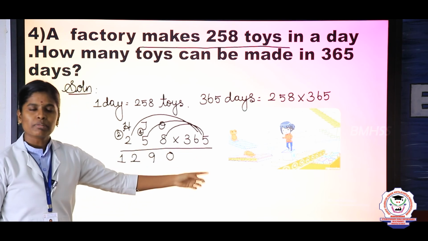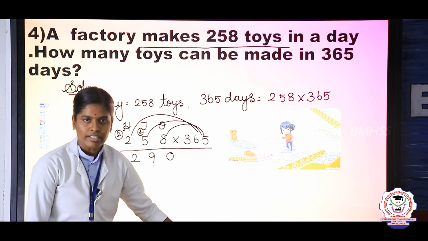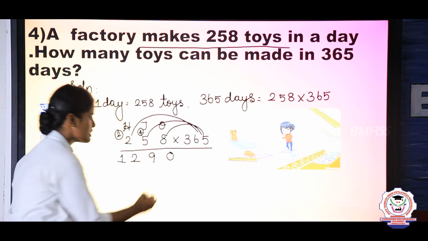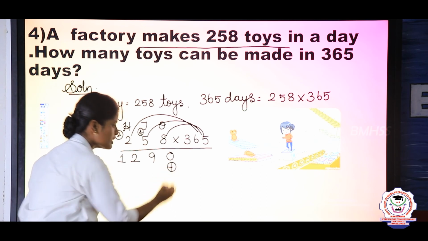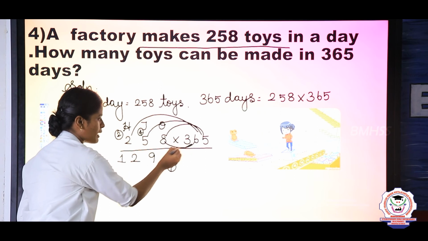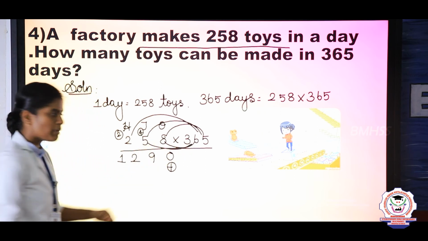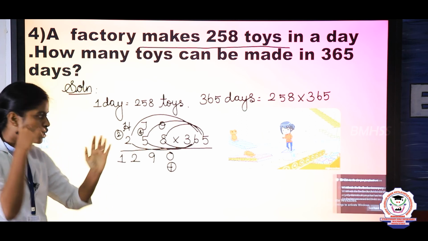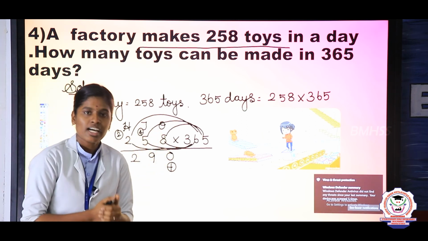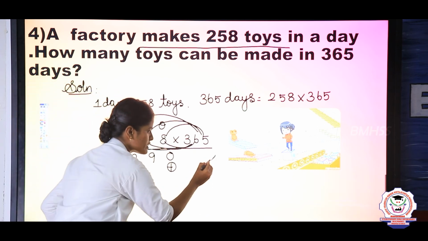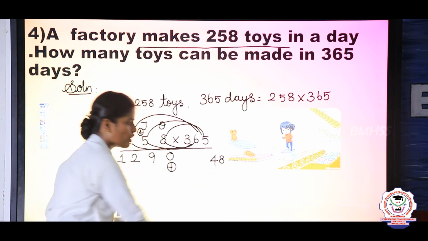Next we have the number 6, that is in tens place. So you should start from tens place onwards. In the ones place itself put 0. Take 6 and multiply by 8, 6 and multiply by 5, and 6 and multiply by 2. So what is the answer? Now tell me Lishant, what is the answer? 6 8s are 48. Very good.